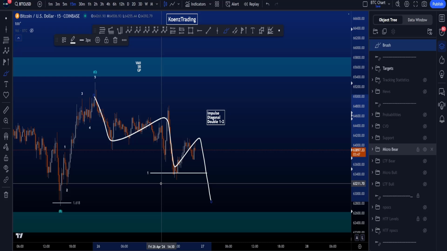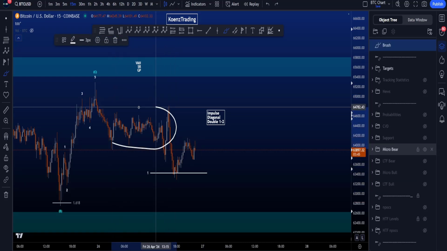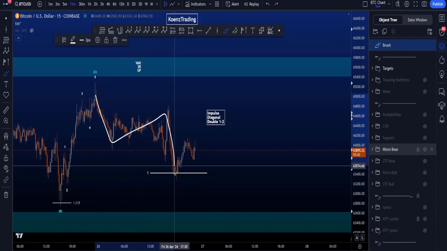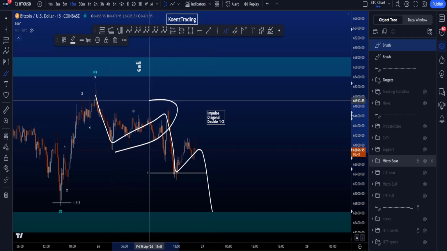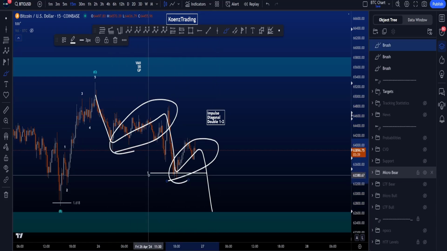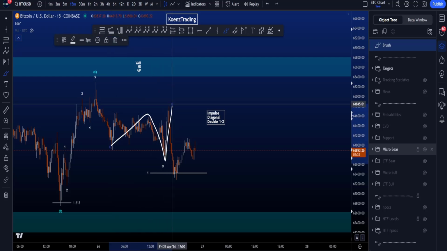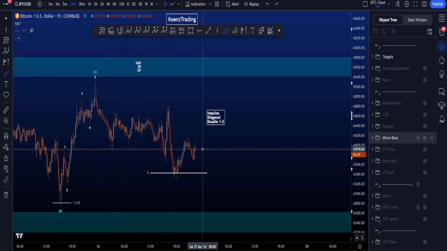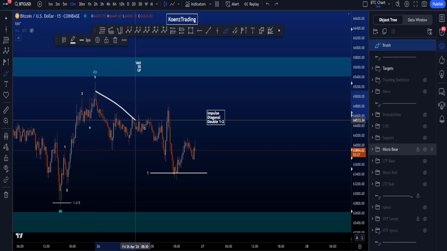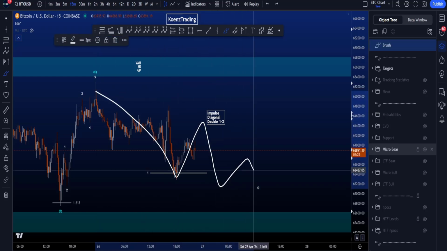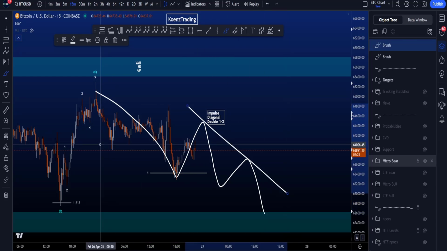However, this one is already invalidated because in a wave 2, if this is your 1, 2, 3, 4, 5, wave 2 and wave 4 in a diagonal are only allowed to be zigzag structures, and this wave 2 over here is not a zigzag structure, as we are counting this as a flat. So therefore, a diagonal structure would be a wave 1, 2, 3, 4, 5, which means that throughout the weekend